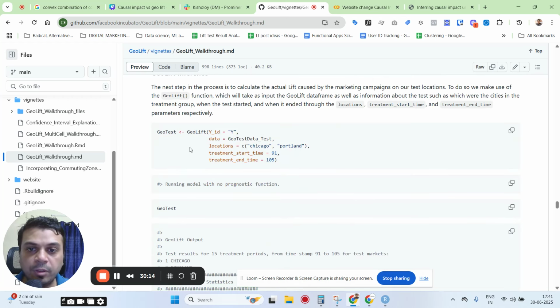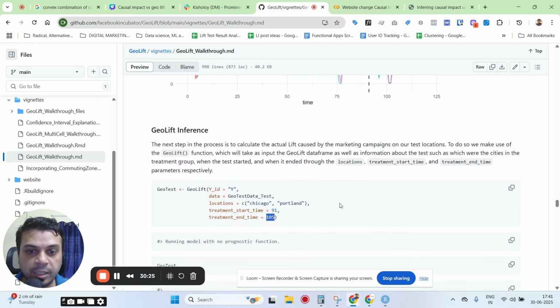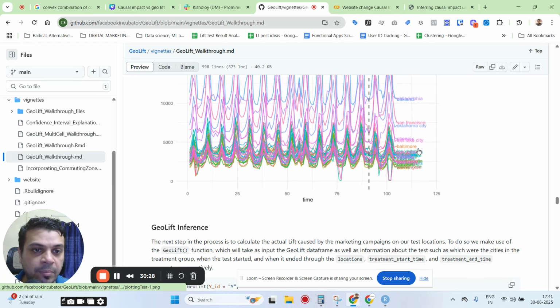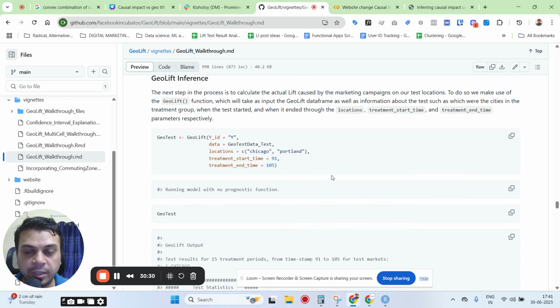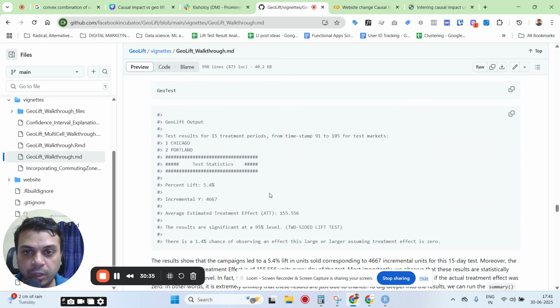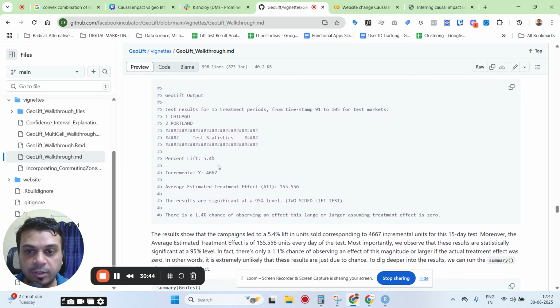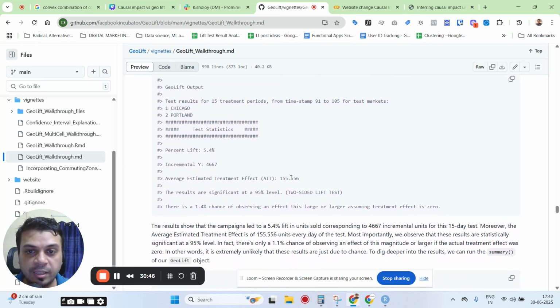Now the GeoLift inference has to be done. That's where you invoke the GeoLift method, using the GeoTest data. You give the locations as Chicago and Portland. The treatment start time is 91, and you'll see that the end time is 105. So between them, how much is the effect? You will get the GeoLift output by simply calling GeoLift, and it shows that it has a 5.4% lift, and incremental absolute value in sales is around 4,600. Estimated treatment effect is 155,